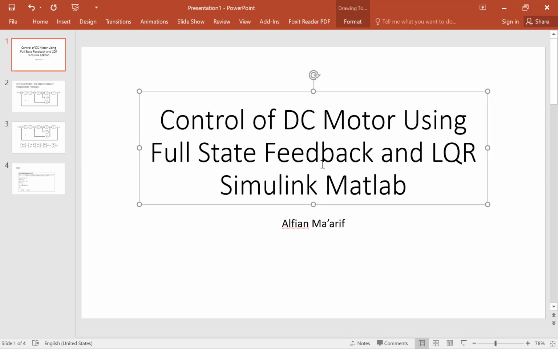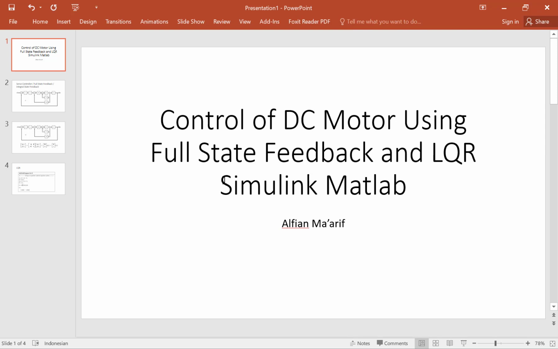So we want to control the angular speed of the DC motor using the full state feedback, which can also be called integral state feedback or servo controller design. And we will tune the controller using the LQR, the linear quadratic regulator. This is a simulation in Simulink MATLAB.